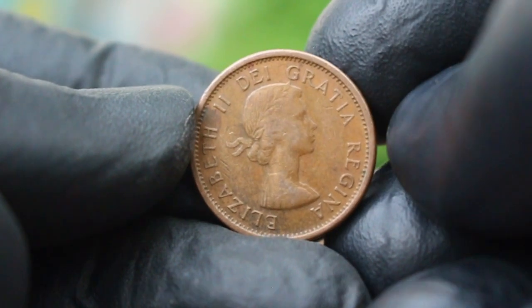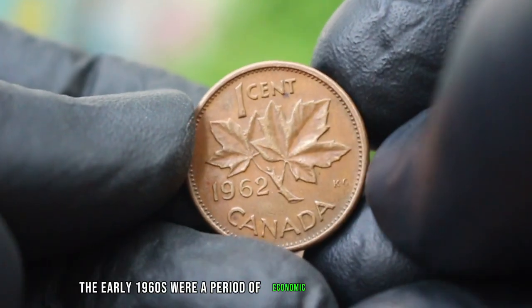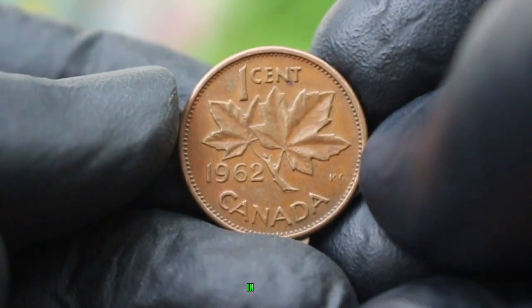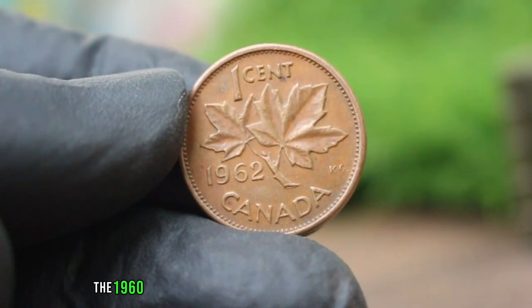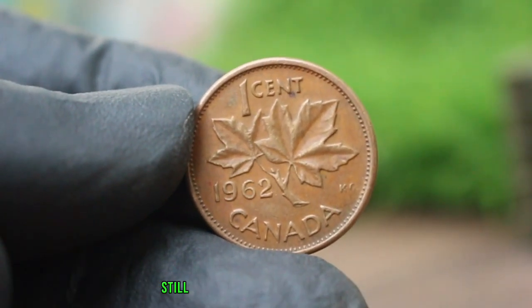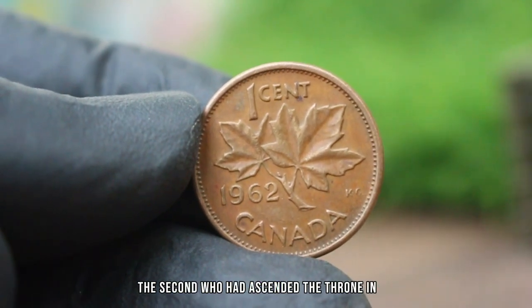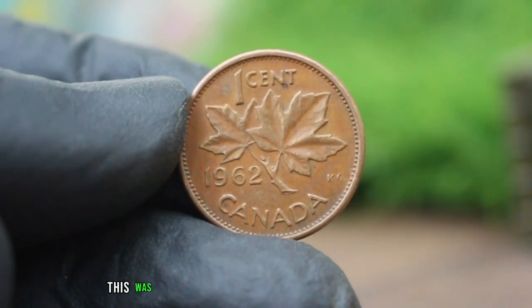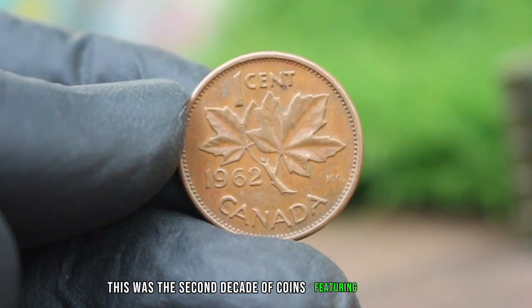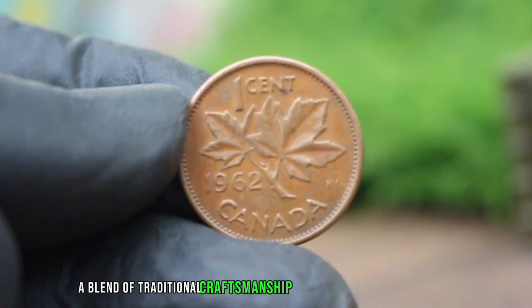auction market. Historically, the early 1960s were a period of economic growth and modernization in Canada. The 1960 penny was minted during a time when Canadian coins still bore the effigy of Queen Elizabeth II, who had ascended the throne in 1952. This was the second decade of coins featuring her portrait, making these pennies a blend of traditional craftsmanship and modern